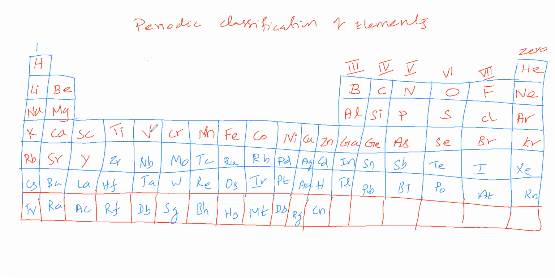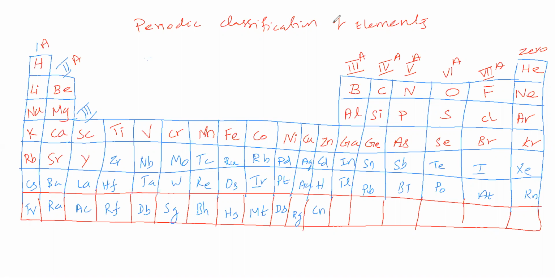Now this scandium valence is 3, therefore its group number is 3. Beryllium valence is 2, therefore its group number is 2. So here if you see, group number 3 is already given here, and here also group number 3 is given. So in order to distinguish, we will write A here and for all of these.